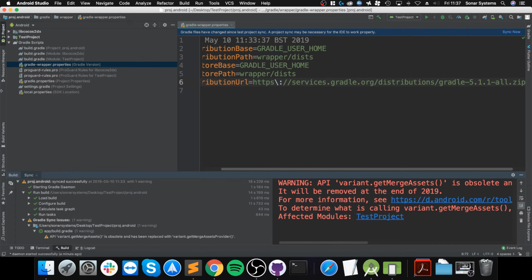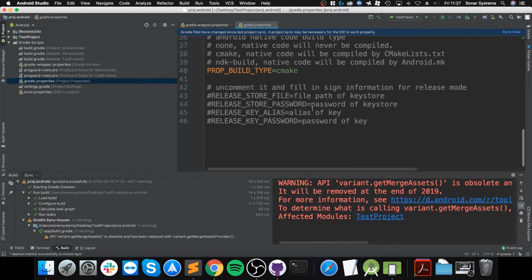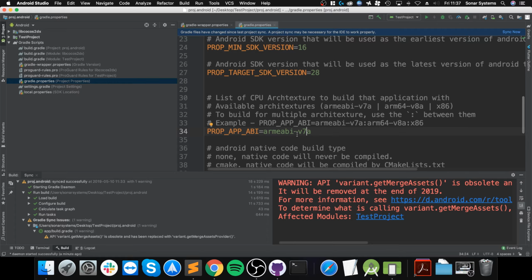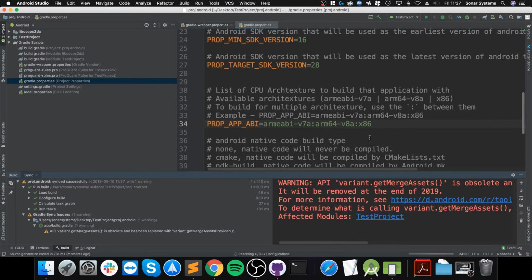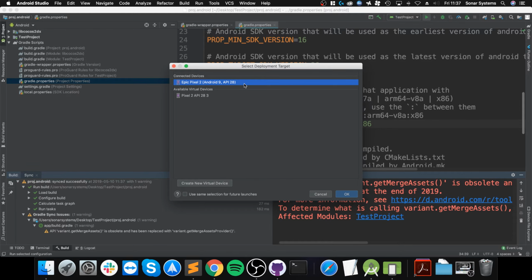So let's fix that. Go to Gradle Properties, and right here you want to put a colon. You want to copy the other ARM version, unless you specifically are creating your application for a specific architecture. Then just put them all. Just support all of them. So paste that there. Click sync. Again, that's just a warning, that's fine. And now once all of these buttons appear for click play, as you can see, that error has now disappeared. If I click OK to that,